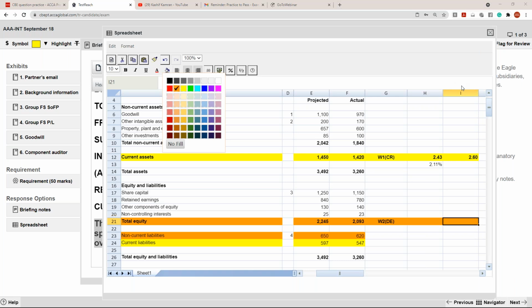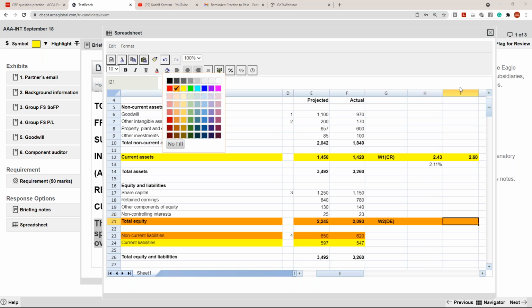Right? I'll be spending 15 to 20 minutes tomorrow on the same exercise, showing you how you copy paste the balance sheet and P&L in the Excel file, how you convert the balance sheet and P&L into ratios, and how you translate the ratios into a commentary on the word processor. But I would prefer that you watch my March 21 webinar day 1, because that really guides you about the marking scheme of analytical procedure, how you do commentary on analytical procedure, how you write the answer of an analytical procedure. The only thing I need to guide you is about how you do it in a computer-based environment and how you make use of Excel.